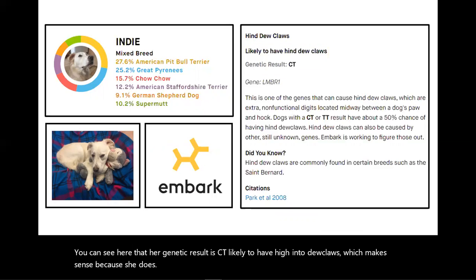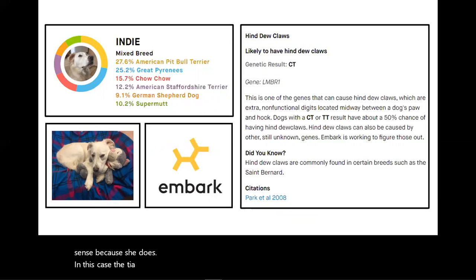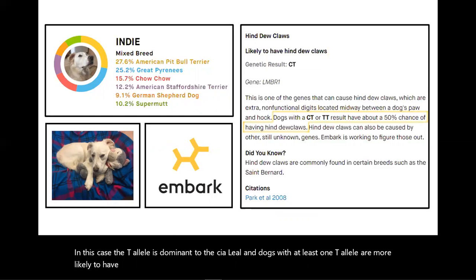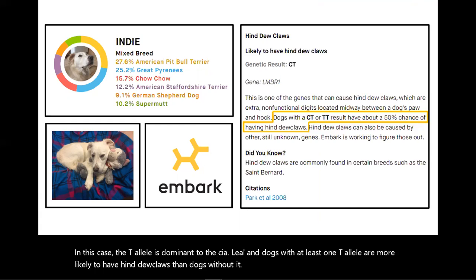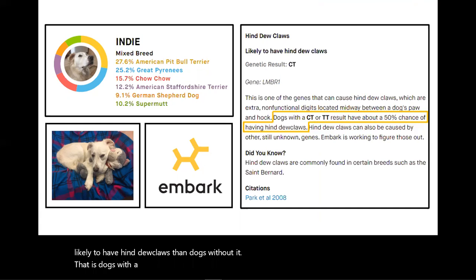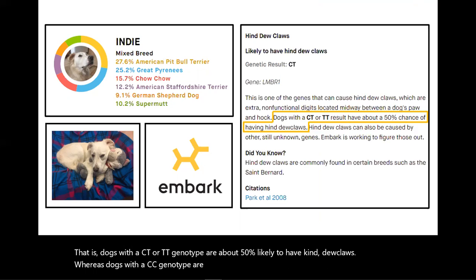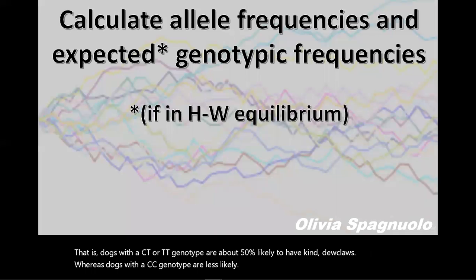In this case, the T allele is dominant to the C allele, and dogs with at least one T allele are more likely to have hind dewclaws than dogs without it. That is, dogs with a CT or TT genotype are about 50% likely to have hind dewclaws, whereas dogs with a CC genotype are less likely. In the next video,